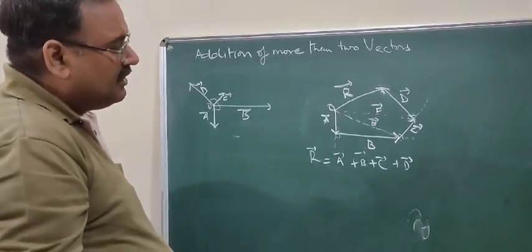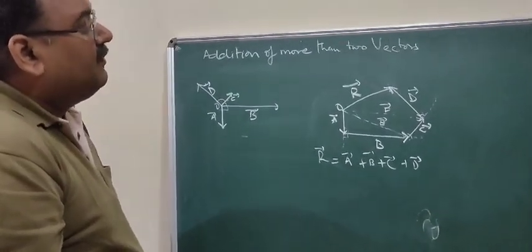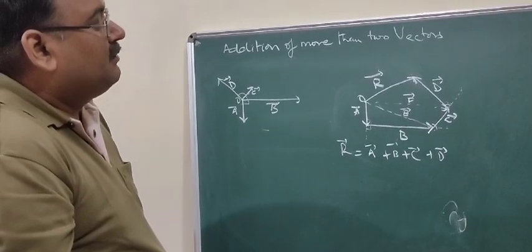E is the resultant of A and B, the sum of A and B, and F is the summation of vector A plus vector B plus vector